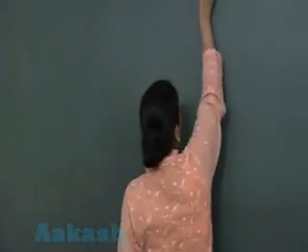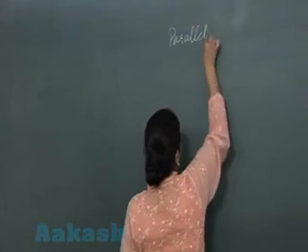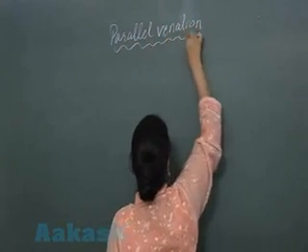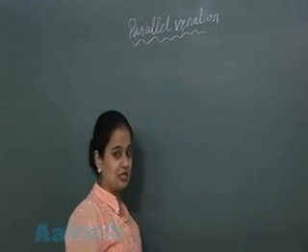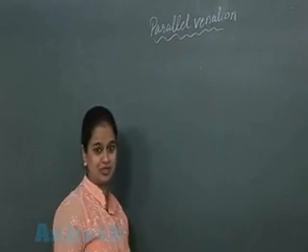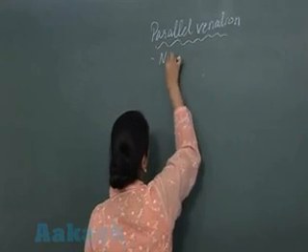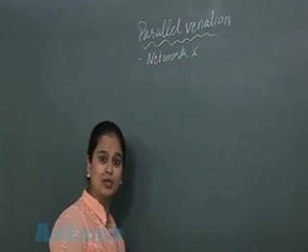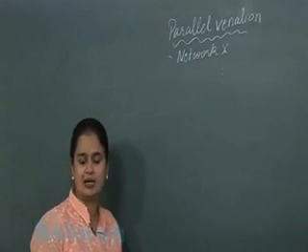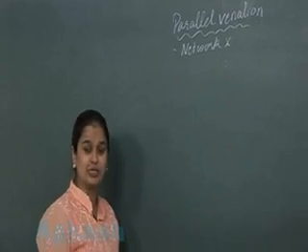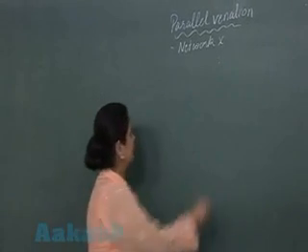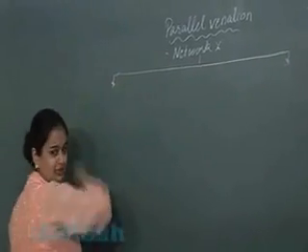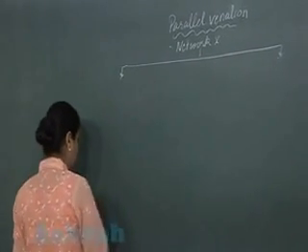So let's start with the parallel venation. Now, in the case of the parallel venation, the network, the reticulation, is absent. Now, why is the network absent? Because the veinlets are inconspicuous. The veinlets are either few or sparsely present, due to which the network is absent. Now, the parallel venation can further be divided into two categories. दो कैटेगरीज हो सकती है. तो फर्स्ट कैटेगरी देखिए,